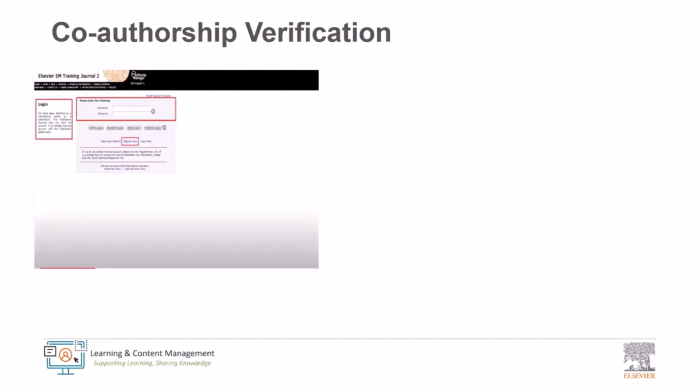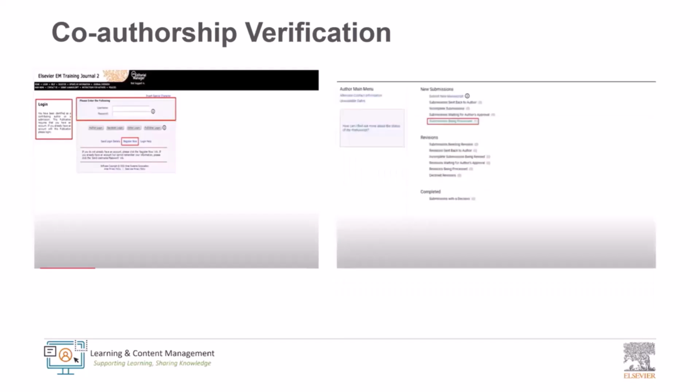As for reminders for your co-authorship, you might receive up to 2 reminders. So please make sure you look out for that email in case you are the co-author for any manuscript submission. So this is how it would look. Once you register yourself, you will be able to find this particular paper under Submissions Being Processed. And this is how you will be able to locate it in the main menu itself.